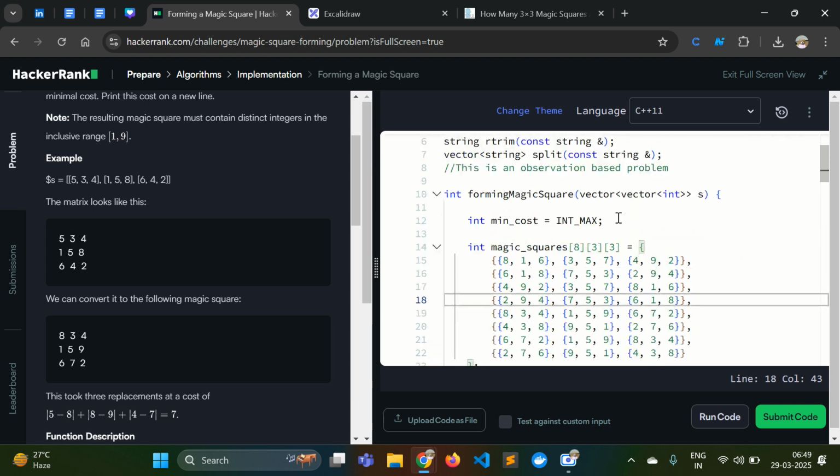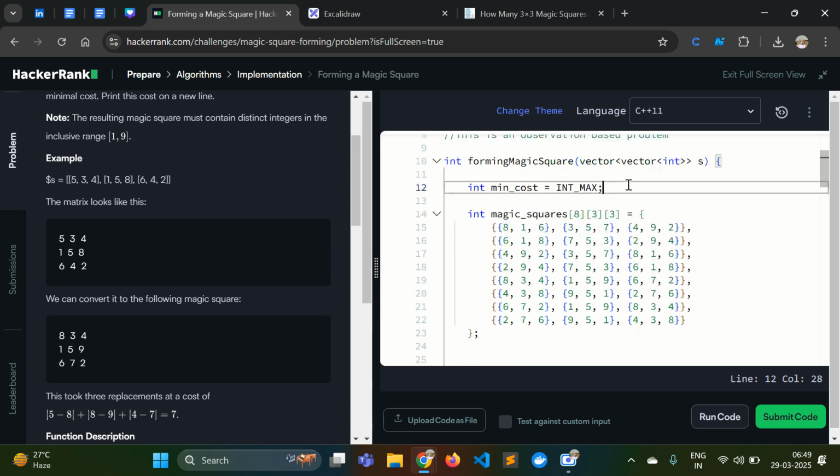Now the next concept: we are initializing minimum cost as int max. Why are we doing that? Int max is the maximum value any integer can have in C++. So why are we doing that? We are doing it for the guarantee. So for example,